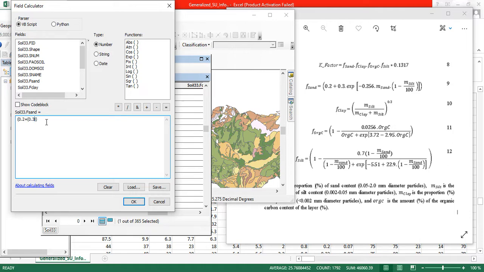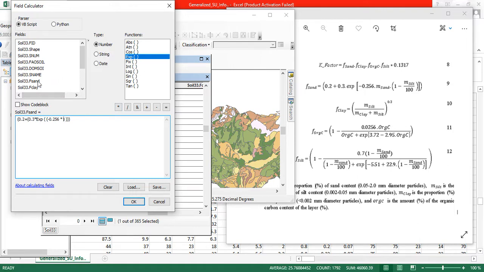multiply by exponential. In my exponential, I'm going to open another bracket again. So that's where I want to work. Exponential minus 0.256 multiply by